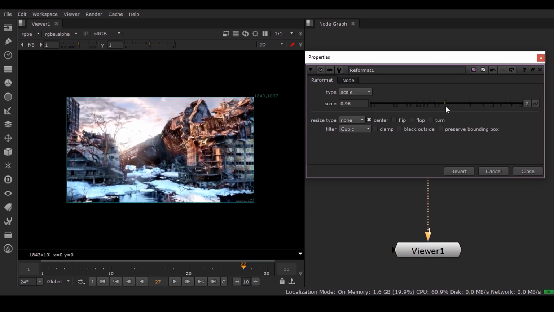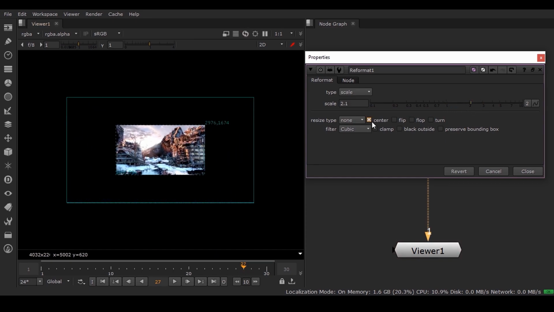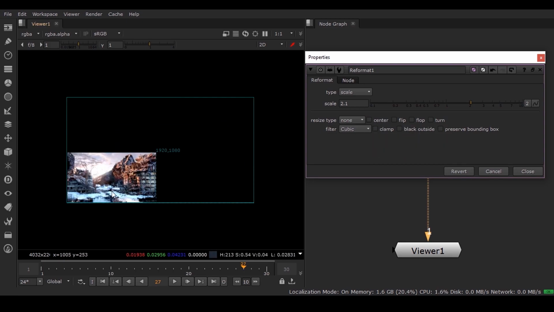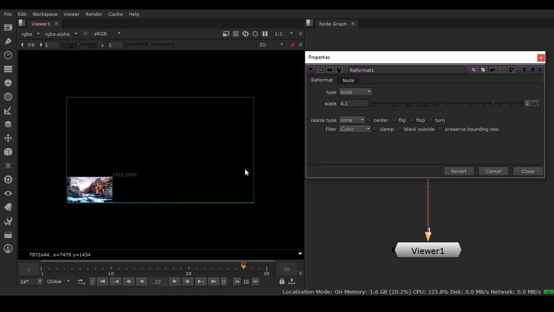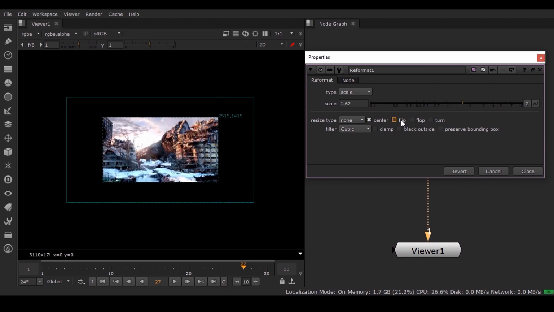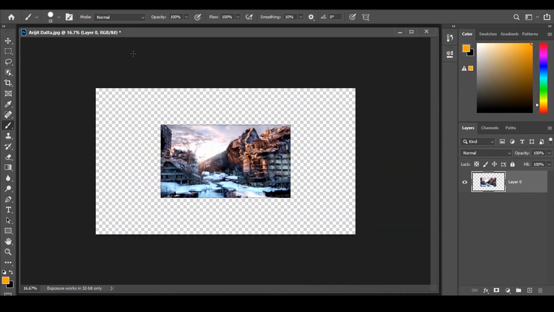Now you can see that it is doing it, but it is happening in the center, and that's because this is enabled in center. If I turn it off, you can see it is happening from 0, 0 space, like this. So very straightforward. Now we have this flip, which means we can flip this,